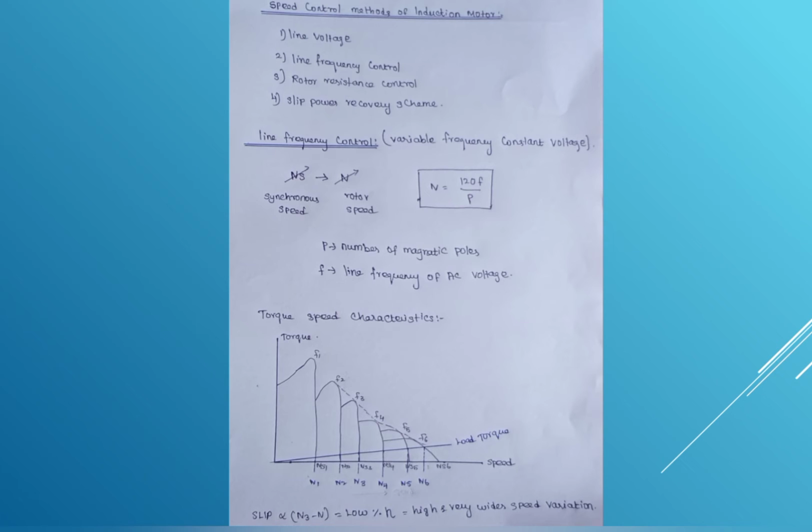How does frequency change? It is based on the desired rotor speed n. We need to change the frequency, by which the synchronous speed changes and hence the actual rotor speed n. How to change the voltage with respect to frequency? As the frequency increases or decreases, the voltage also has to increase or decrease.